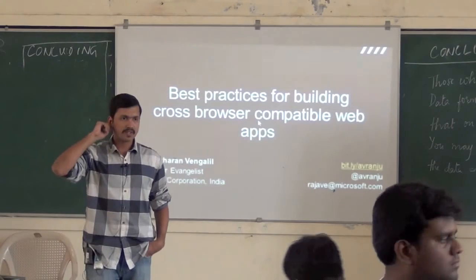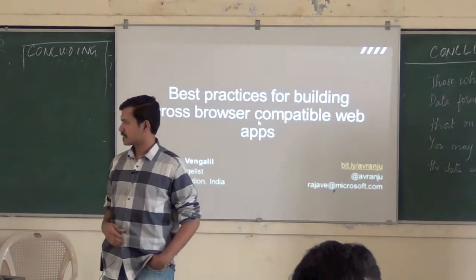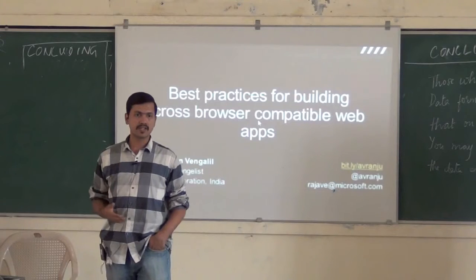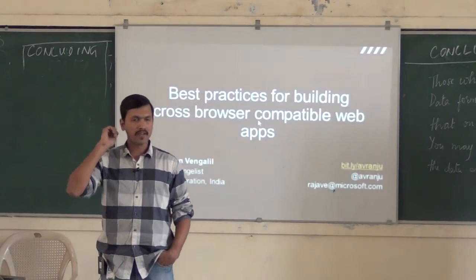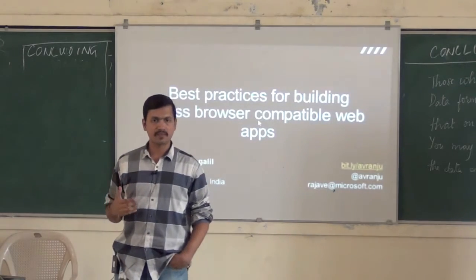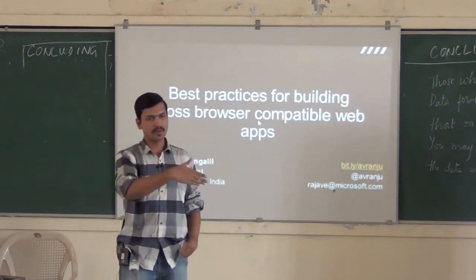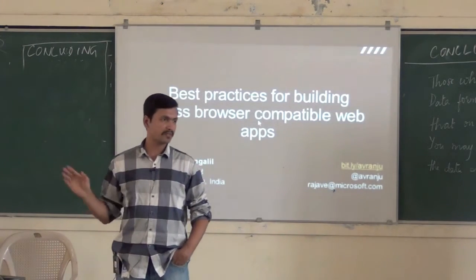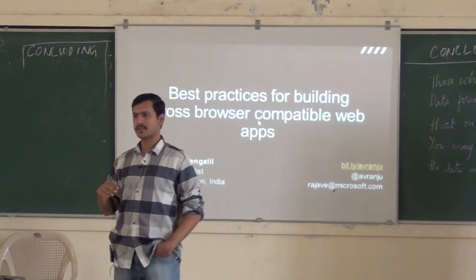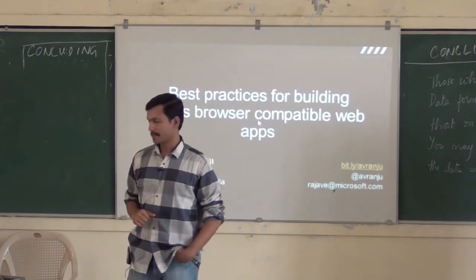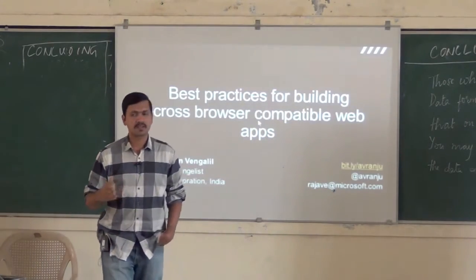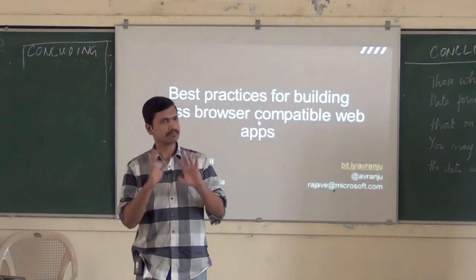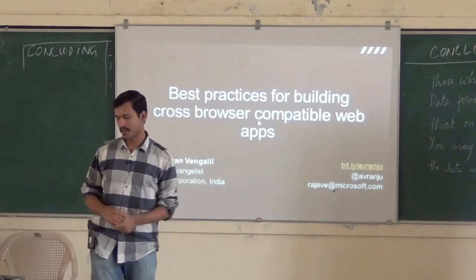So yeah, that becomes the biggest pain point, right? Like if you want to use some of the new capabilities that HTML5 brings to the table, CSS3, ECMAScript 5, and then the fact that clients are going to tell us that that's great, but this has to work on IE6, this has to work on IE7, and it has to have perfect fidelity across all the different browsers, browser brands, browser versions. So this talk is about what some of the best practices are, some of the things that we can do to make sure that our app works acceptably well across different browsers.